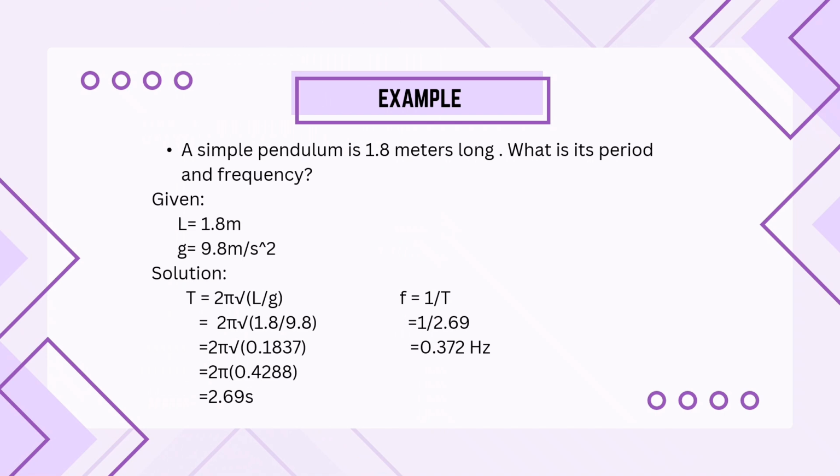In solution, the formula is T equals 2 pi square root of L divided by g. Copy the 2 pi square root, and L is equivalent to 1.8 meters and g is equivalent to 9.8 meters per second squared. Equals copy the 2 pi square root, and the answer of 1.8 divided by 9.8 is equals 0.1837, equals again copy the 2 pi, and the result of square root of